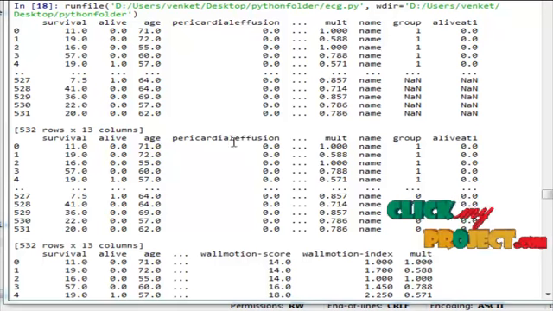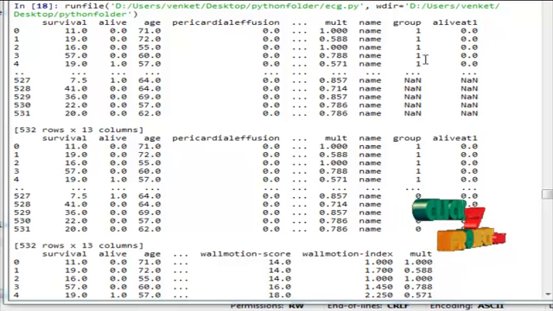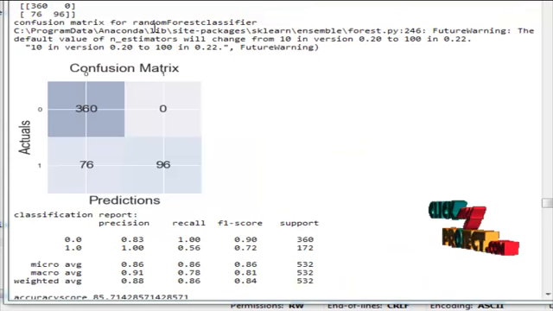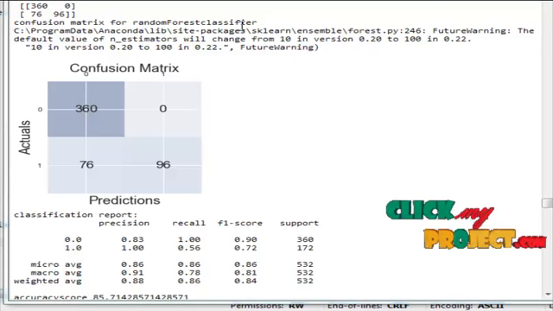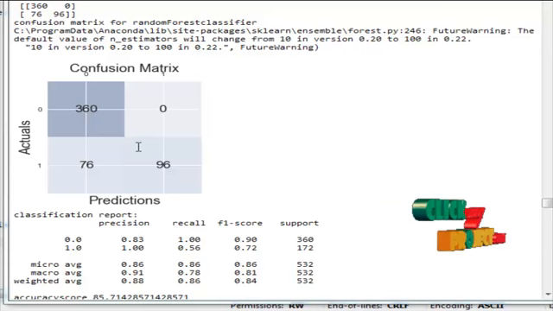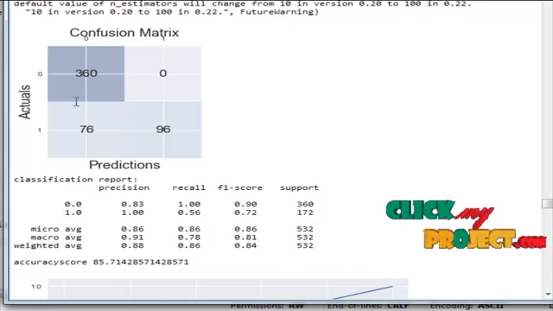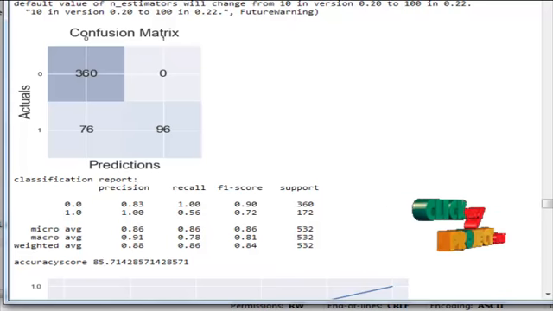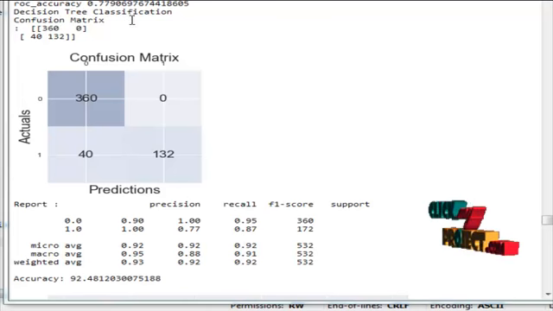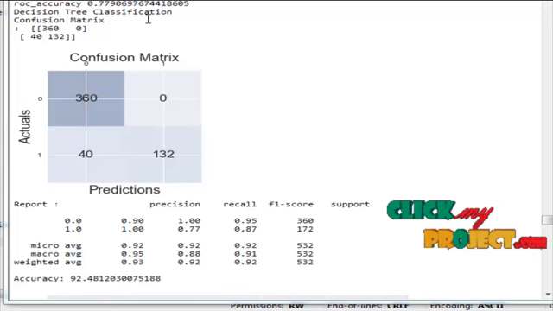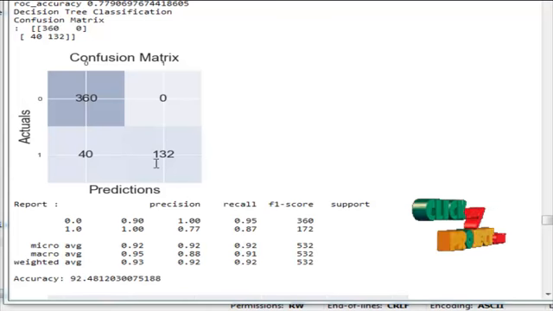So now we are moving into the classification algorithms. So this is the first classification algorithm, random forest classification algorithm. So we get the accuracy as 85%. So this is the random forest accuracy. And then we apply the second classification algorithm, decision tree classification algorithm. So this is the second classification algorithm. We get the accuracy as